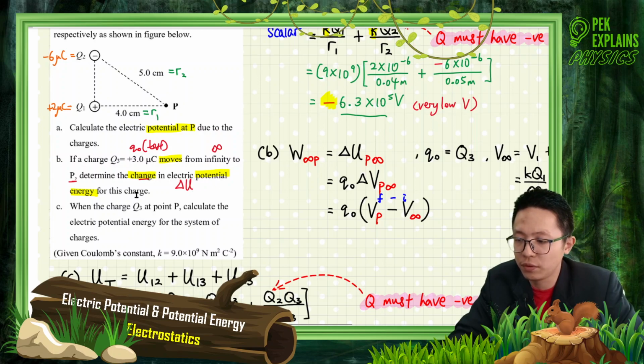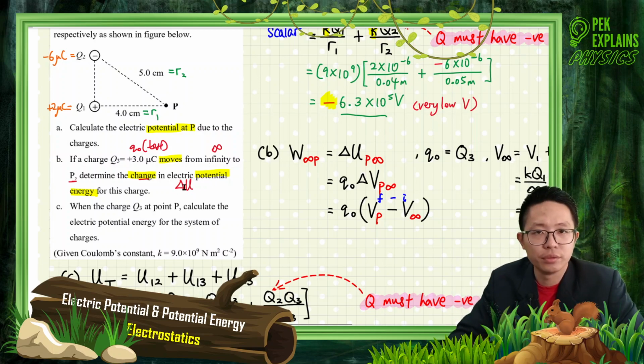Change in potential energy for this charge. So what is actually delta U? You still remember? Delta U, the change in electric potential energy, is actually the work done. Work done is the change in electric potential energy. This one moves from infinity to point P. So it's actually the work done to bring the test charge Q3